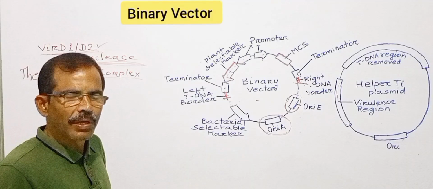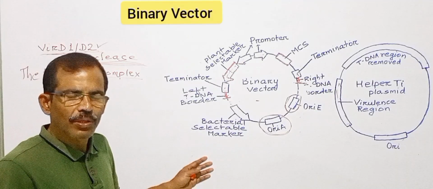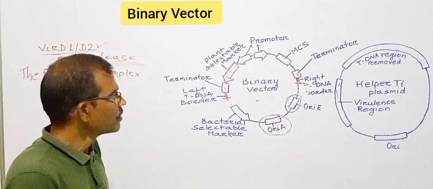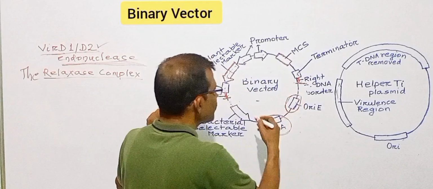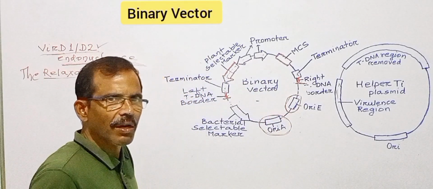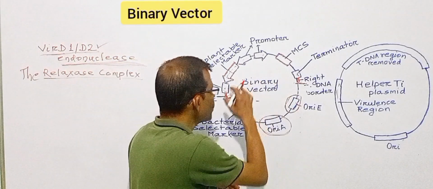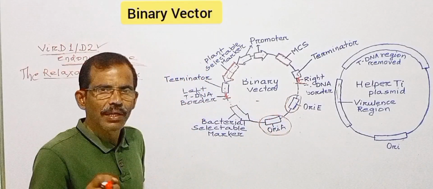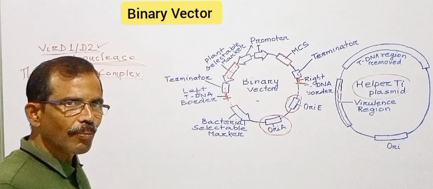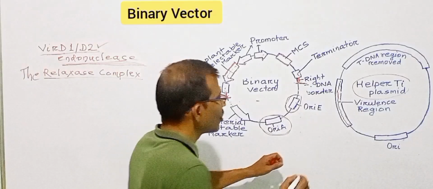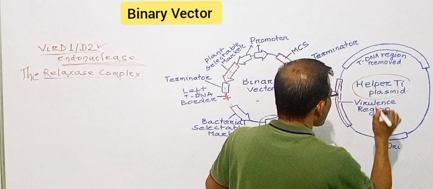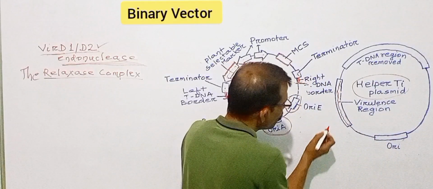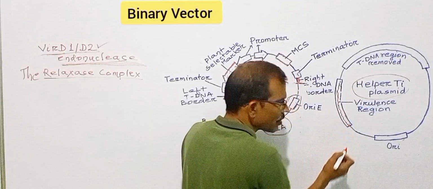So by removing all the oncogenes and other non-essential segments, the size of the binary vector has become very small so that it can be easily manipulated in E. coli. The other component of the binary system is a helper Ti plasmid which contains only the virulence region which